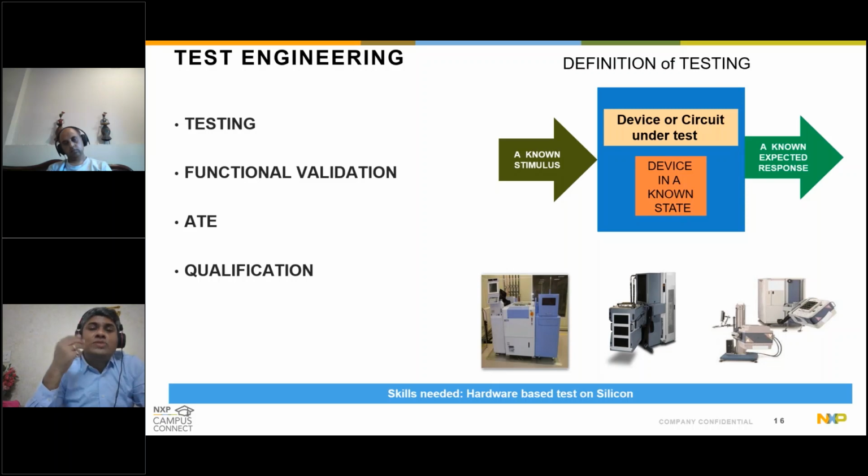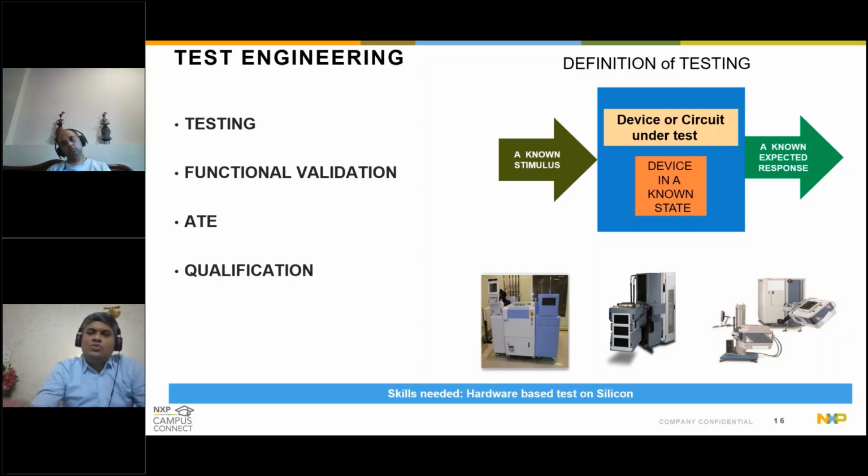Now what we have to do is to test it. Basically, the requirements that we had in the original intent of the architecture. Why we had designed this chip, right? We had designed this chip for a certain reason, and we have to validate this chip against those reasons, against that intent. This is testing, where you have a device or a circuit under test, which is the blue box there. Then you have a certain set of stimuli that you supply, and you know what the expected response is. And again, I know this is a very layman way of understanding it.